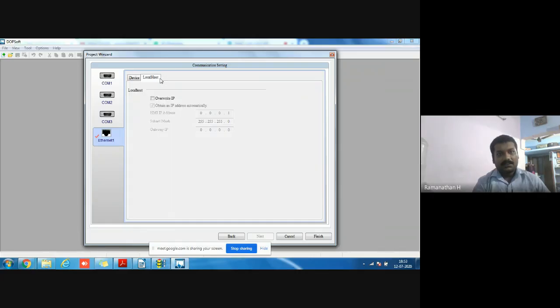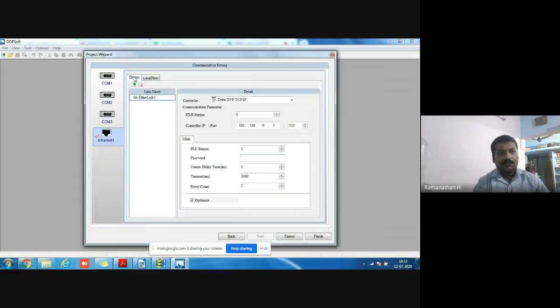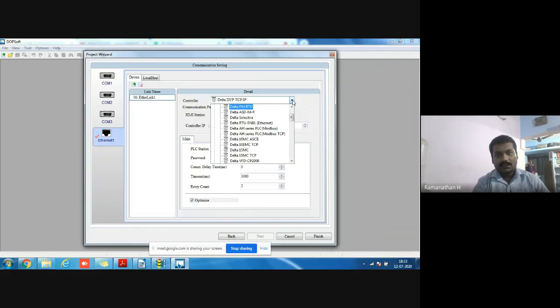Or the local host, the subnet mask. This IP address is the PLC IP address, not the HMI IP address. These give the details about the PLC IP address. Suppose it's a Delta product.